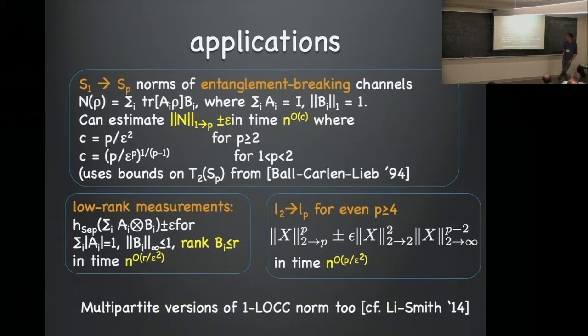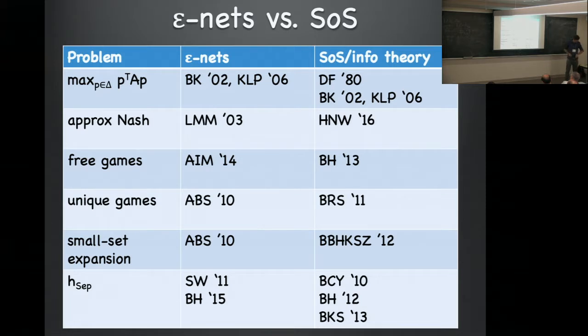And there are two natural approximation algorithms for it you can consider. One of them is you enumerate over all k-sparse probabilities and just try out your polynomial on each one of them and see which one gives the best answer. That's called the net-based approach. Or there's the sum of squares hierarchy. So the net-based approach, of course, will give you a lower bound, since we're trying to maximize. It won't achieve the true max, it'll give you a lower bound. The hierarchy will give you an upper bound.